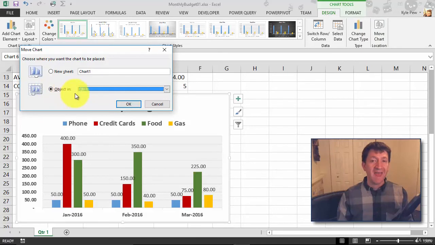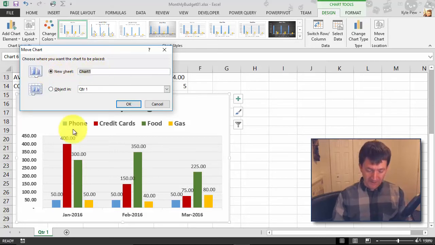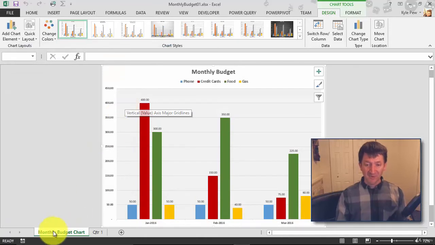I'm going to change it from As Object In, which is currently inside of my Quarter 1 sheet, to its new sheet, its own sheet. And I'll give this a name. This will be the Monthly Budget Chart. And I'll hit OK. And now I've got a brand new sheet there, Monthly Budget Chart, and it's got the